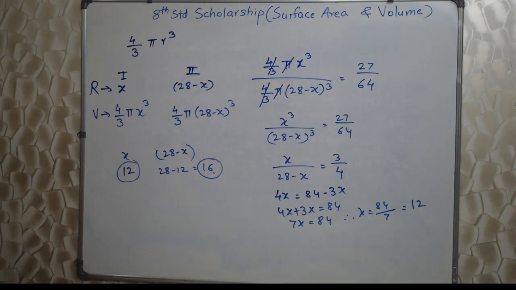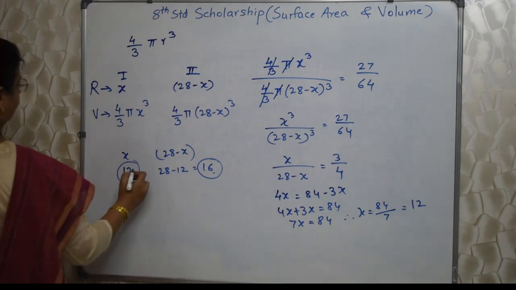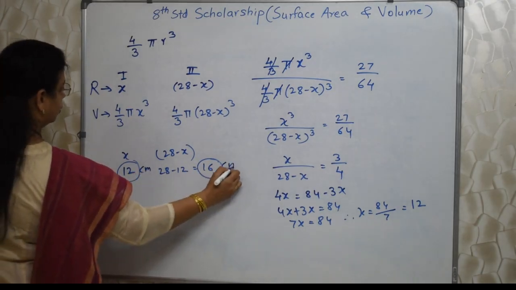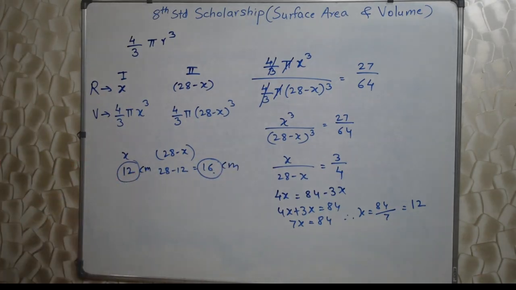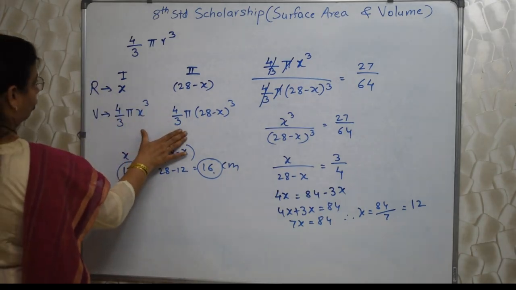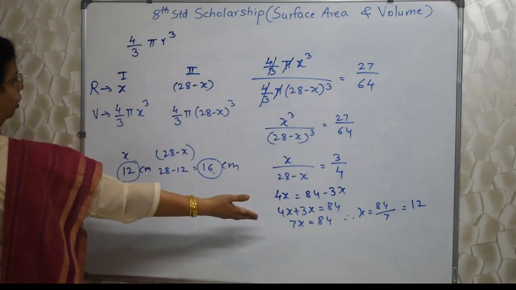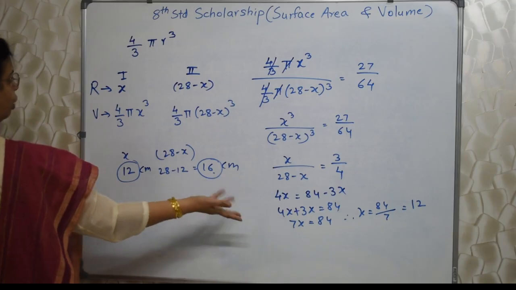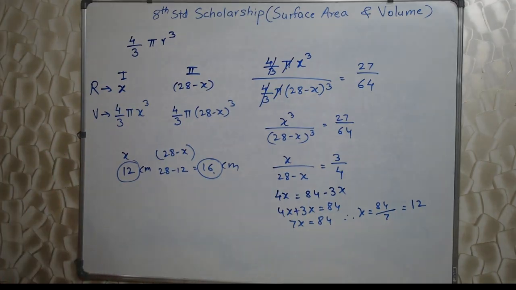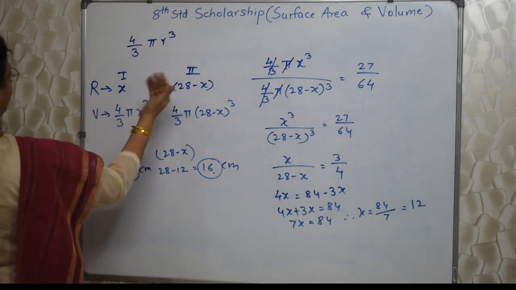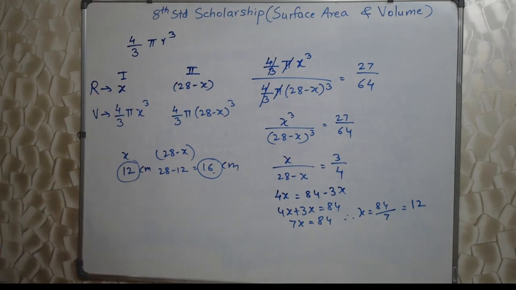Very interesting. 12 centimeter and 16 centimeter. Everything is in centimeter, so our answer is also going to be in centimeter. Very easy. We were expected to know the formula of volume, right? And then we wrote it in the form of ratios and solved it. We got the value of x. Once we get x, we can find out the radius of sphere 1 as well as sphere 2. Very interesting. Let's go ahead.